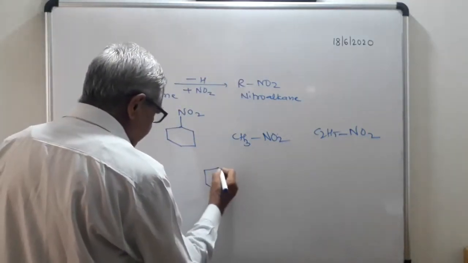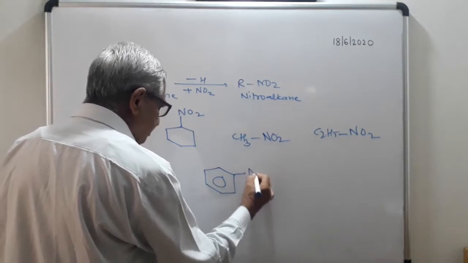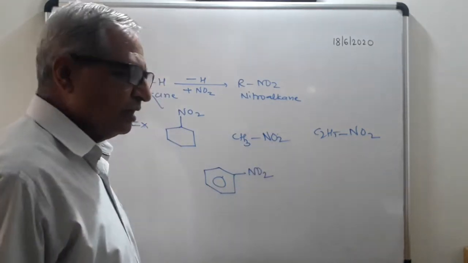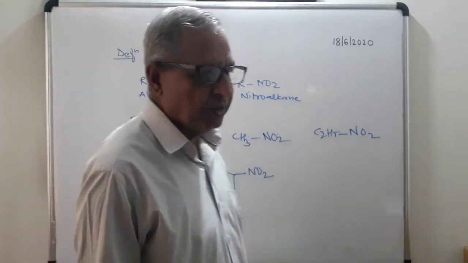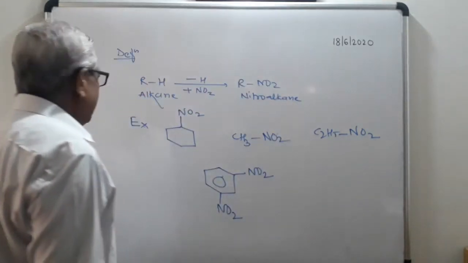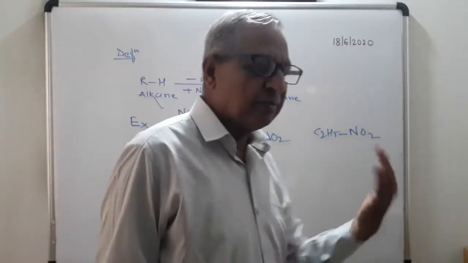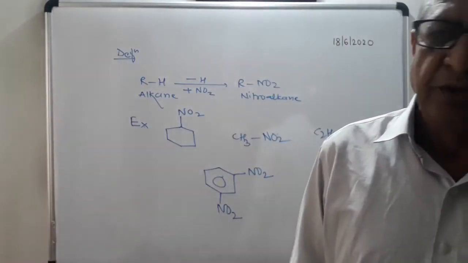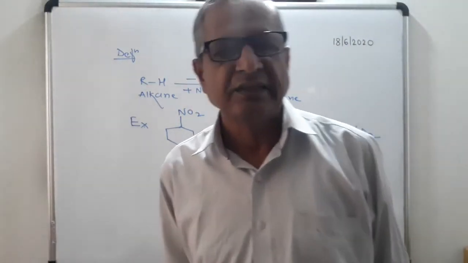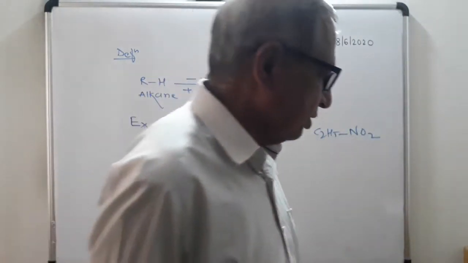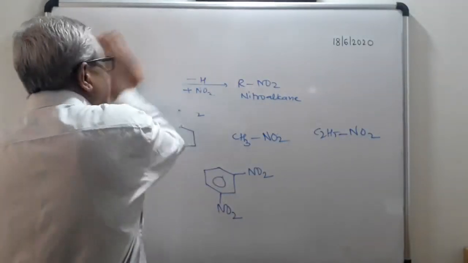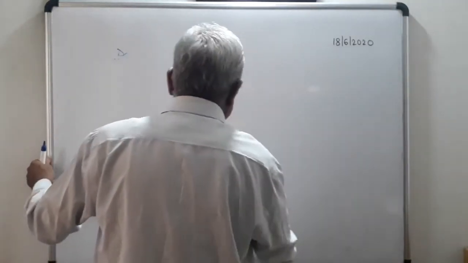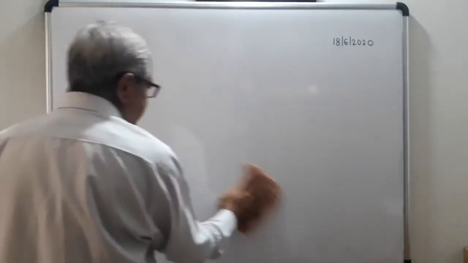This is your benzene ring. When one of the hydrogen atoms is substituted by the NO2 group, you will get nitrobenzene. When you write another NO2 group here, it will become m-dinitrobenzene. So see, when one or more hydrogen atoms of the hydrocarbon are substituted by the corresponding number of NO2 groups, the derivative is known as nitro compound or nitroalkane. Now we are going to learn the next point, classification of nitroalkane. So give the title, classification. We completed two points, introduction and definition. Now the third point is the classification.